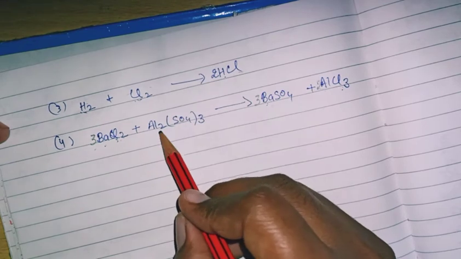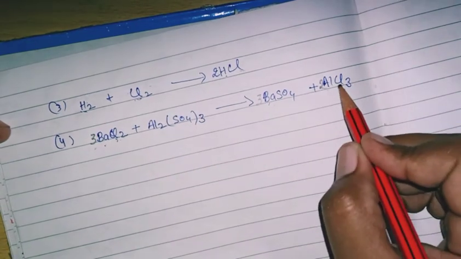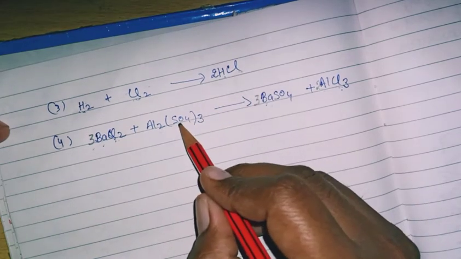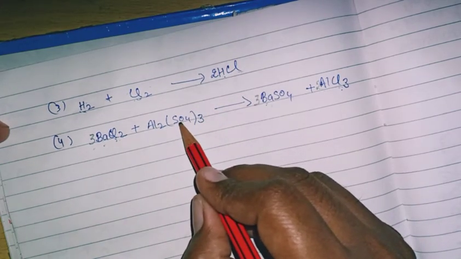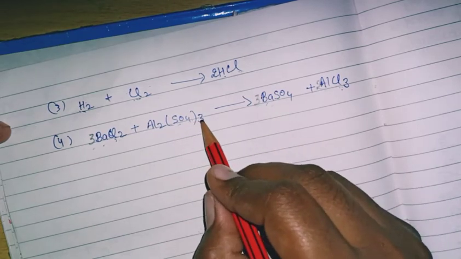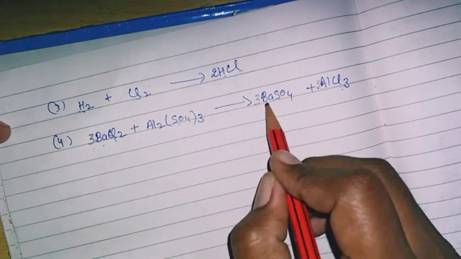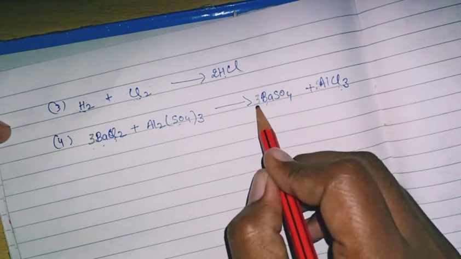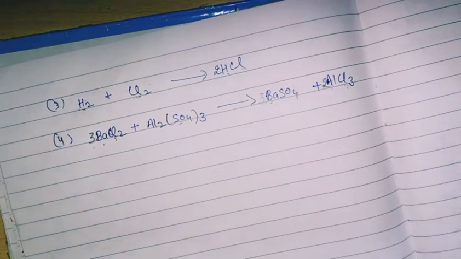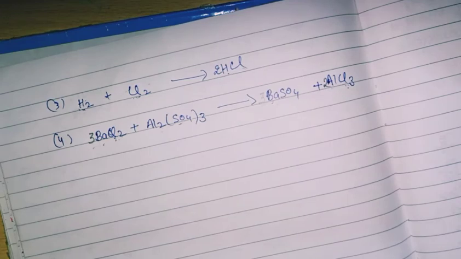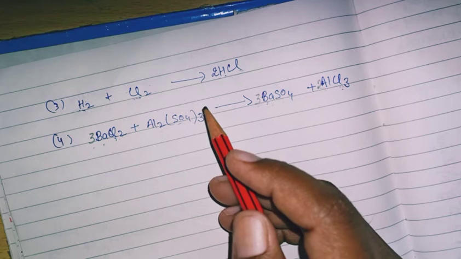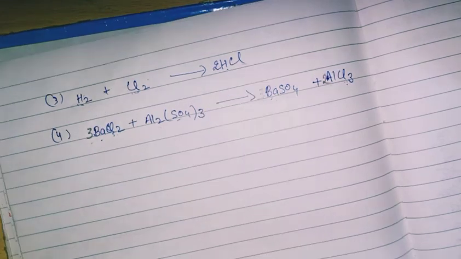Now come to the aluminium. Here 2 aluminium are there, and after the balancing of chlorine, 2 aluminiums are there. For sulfur, here 3 sulfur, and here also 3 sulfur. And oxygen, 4 times 3 is 12. 12 oxygen on the reactant side, and in the product side oxygen 4 times 3 is 12. In another video, I will tell you how to write these formulas, barium chloride, aluminium sulfate. I will make a separate video on this concept.